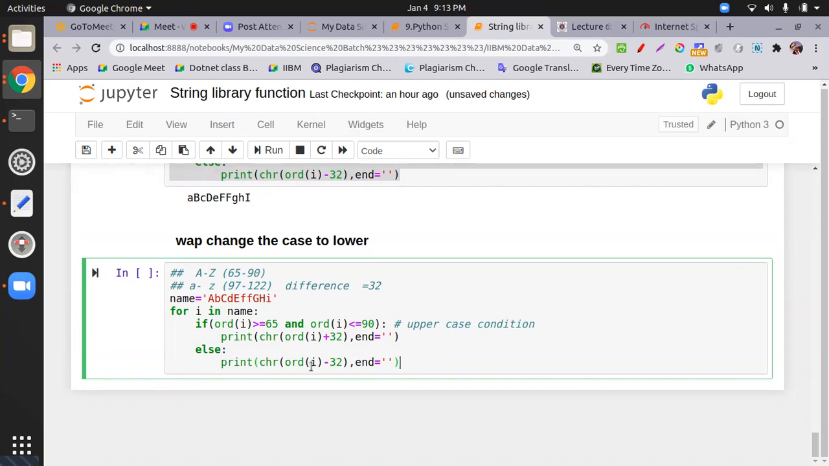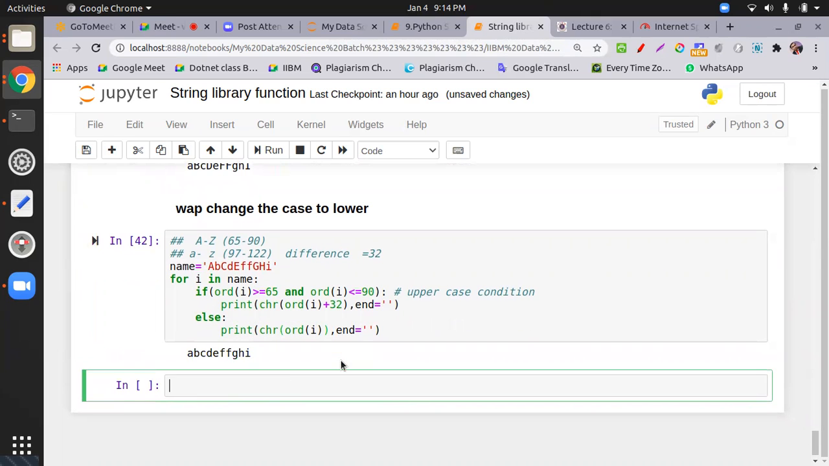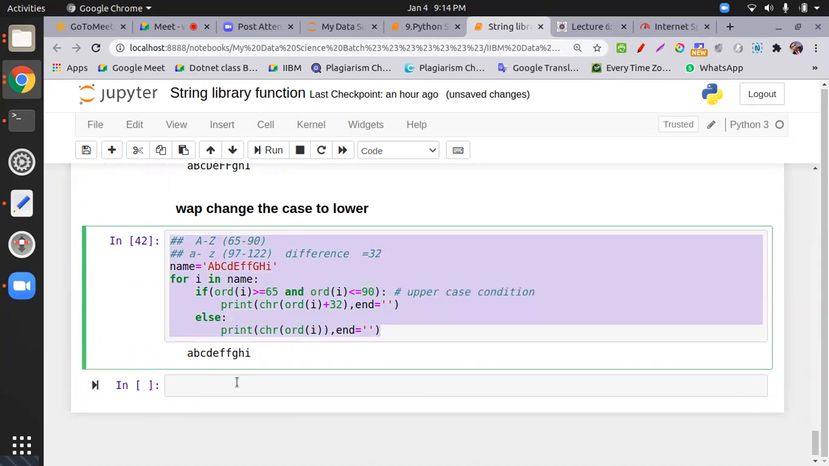I just print the char and remove the 32, because if it is in lower, we have to do nothing. Check this one: upper becomes lower and lower remains as it is. Similarly, if we change the entire thing to upper,